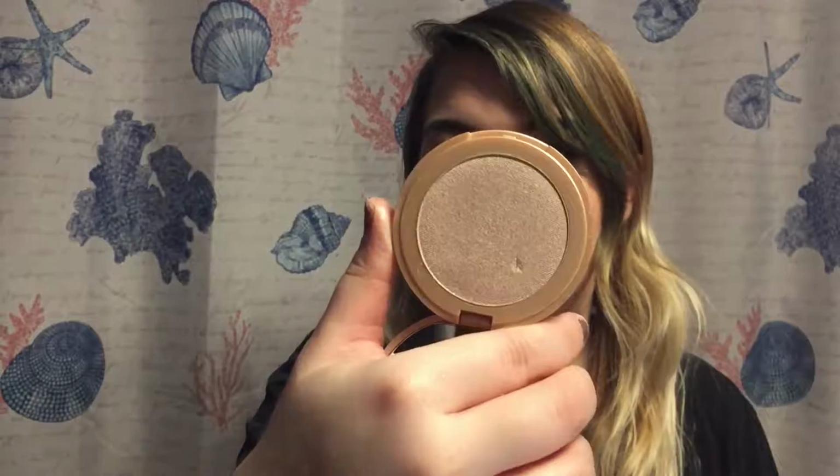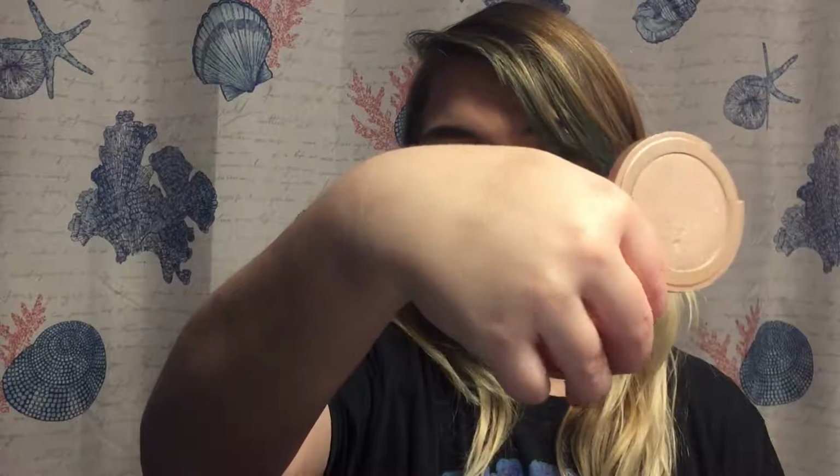One of the next highlighters that I'm talking about is, I literally never hear anybody talking about this, and I don't understand why. It's from Tarte. It's their Amazonian clay highlighters, and I don't understand why not many people are talking about this, because the swatch is just insane. Like, this one is in the shade Stunner, and this one is more of a rose gold highlight, but I know they have one specifically called a rose gold one, but I have the exposed